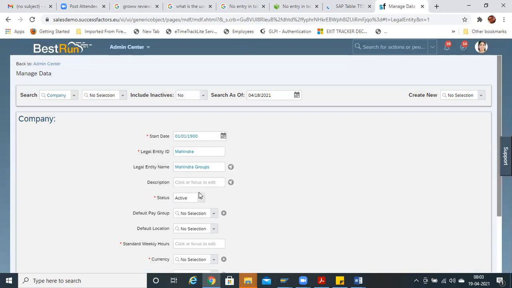And then status will be active, description is optional. And then default pay group, you can mention anything, like if any India pay group is created. All this configuration I will be showing you in later classes. Let us say UK monthly, default location.